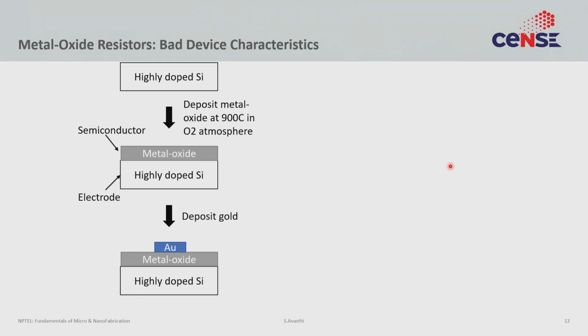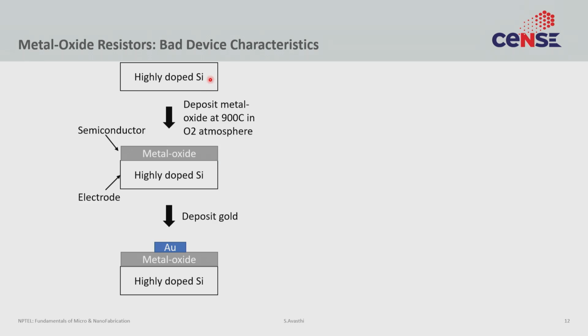Here's a case study of something that came up where the process affected the device. What the student was actually trying to do was study a certain metal oxide. A lot of metal oxides are dielectrics and insulators, not very interesting, but there are semiconducting oxides. So in this case, we were looking at some semiconducting metal oxide. That's this gray film here. Now in order to study that film, we want two electrodes, a top and a bottom. Since things are easy, the student started with a highly doped silicon.